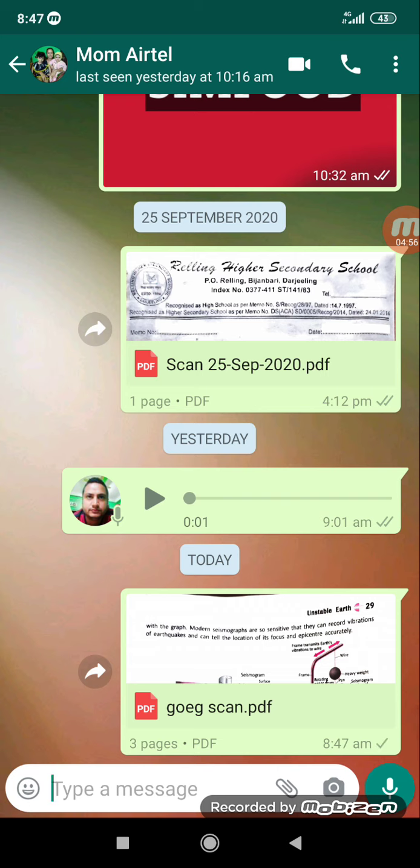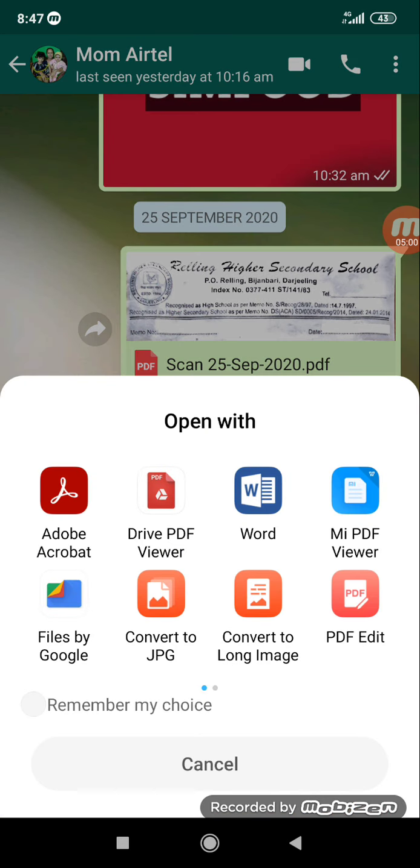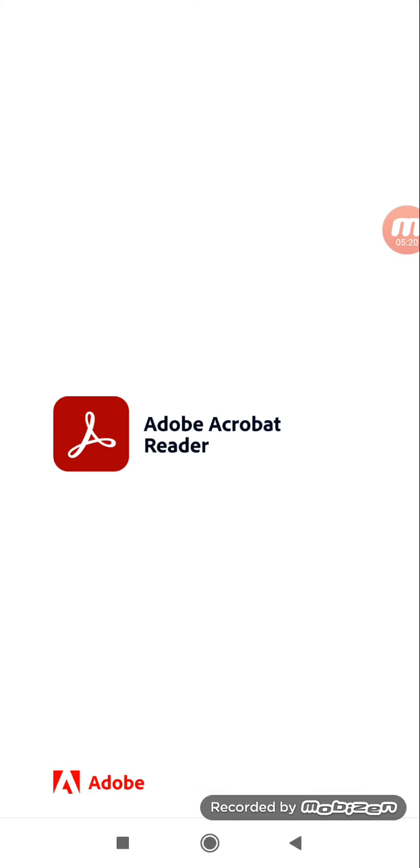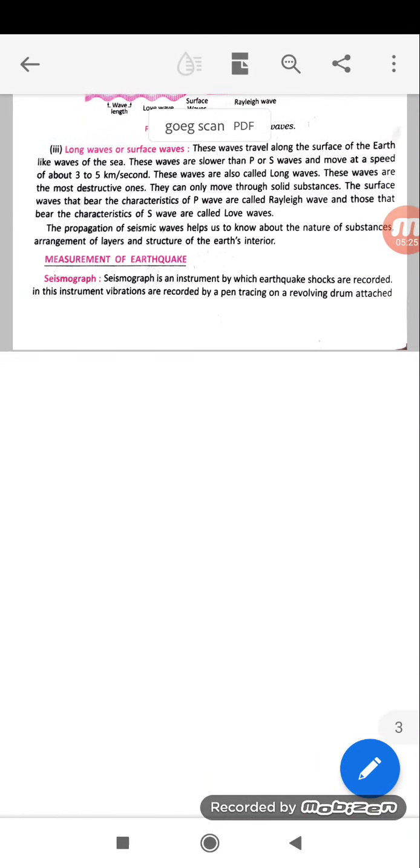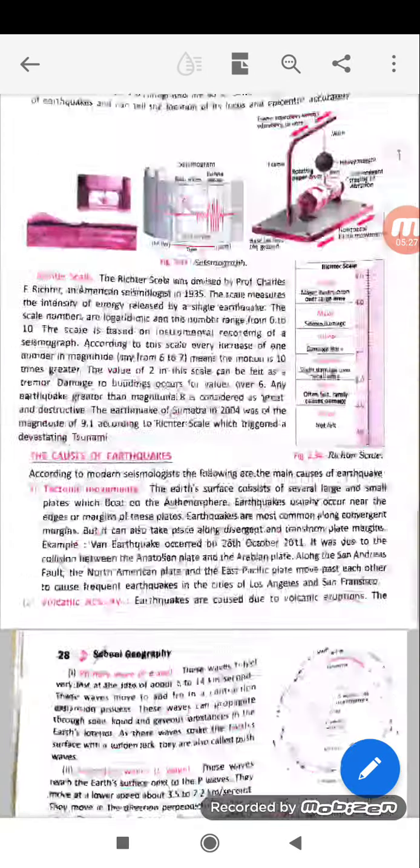The other person receiving will also get this scan copy like this. Then they just press it over here. They will have to download it first, and then it will give the option to open. You need to have either Adobe Acrobat or a PDF file reader, and those two apps can open it. So I'm going for Adobe Acrobat. This is a free app, by the way. See, this is the app, this is the PDF scan, PDF copy.